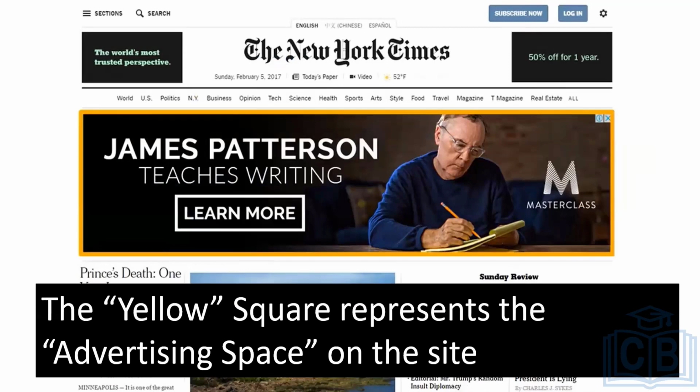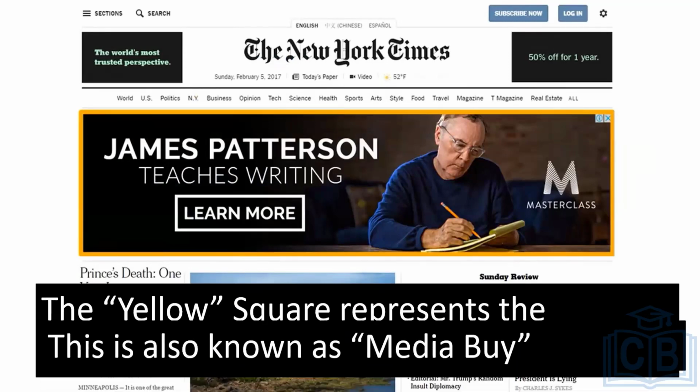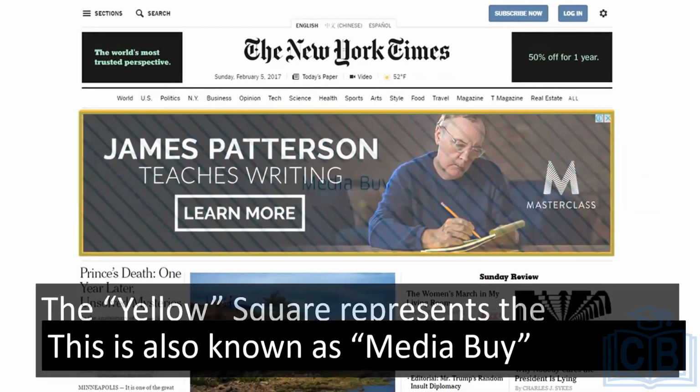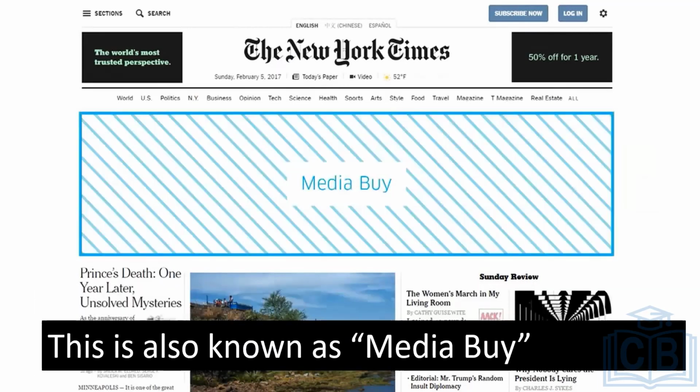The yellow square represents the advertising space on the site, which is called a placement, and in Datorama terms is called a media buy. From here on, while we are talking Datorama, we will call placements media buys, and let's abide by it. Let's talk placements as media buys and nothing else. And let's not forget this,